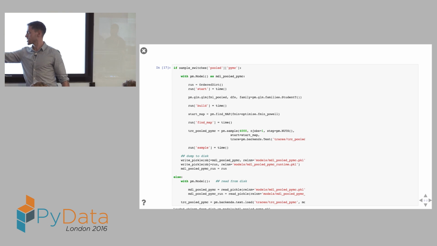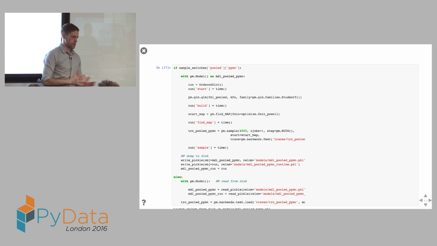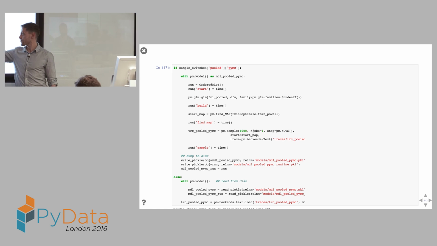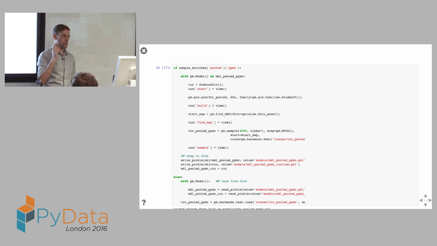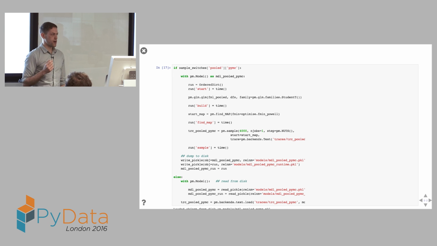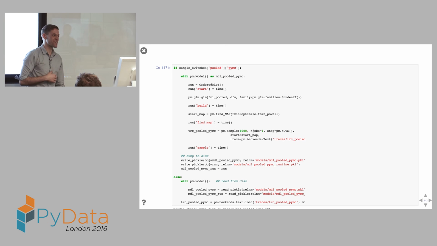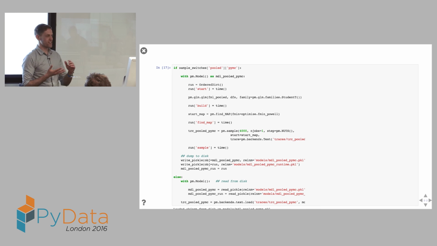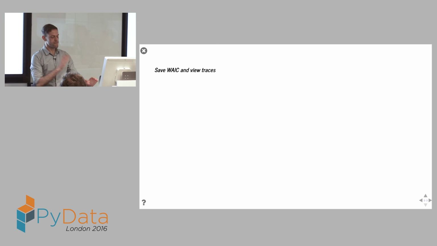This bit is instructing it to take some samples. I'm going to take 4,000 samples because that seems like a reasonable amount. I'm going to use the NUTS sampler. I'm requesting it in this case, in this only case, to run on one core and to not multiprocess. The reason for that is because I tried running it on two and it didn't work. PyMC3 is a little bit in beta still, and occasionally stuff goes wrong and you're not quite sure where it is, possibly in the multiprocessing or in speaking to Theano and scheduling jobs. So most of the time it works, but occasionally it doesn't. It's quite interesting to see when it doesn't. I don't mean that in a bad way.